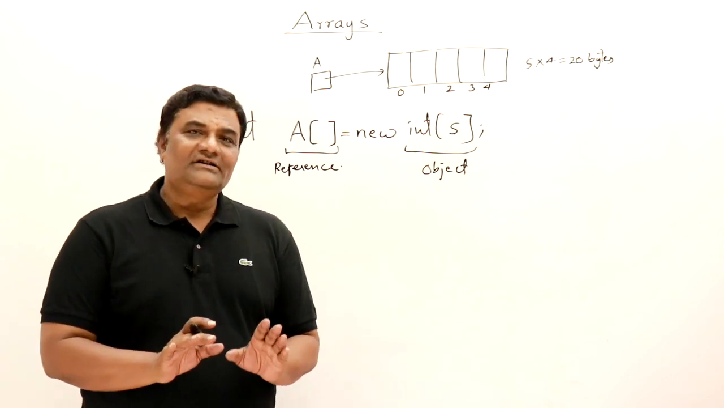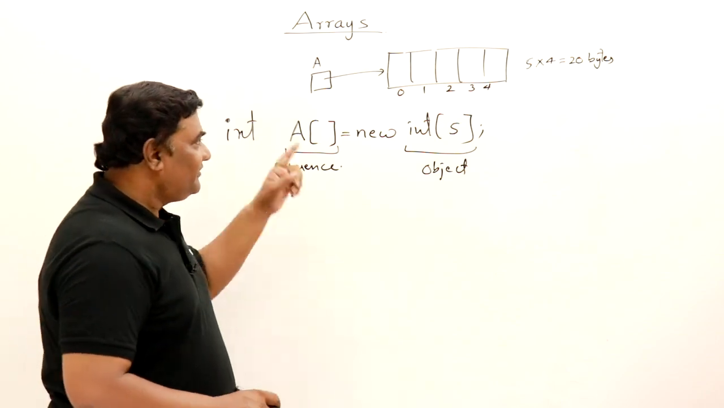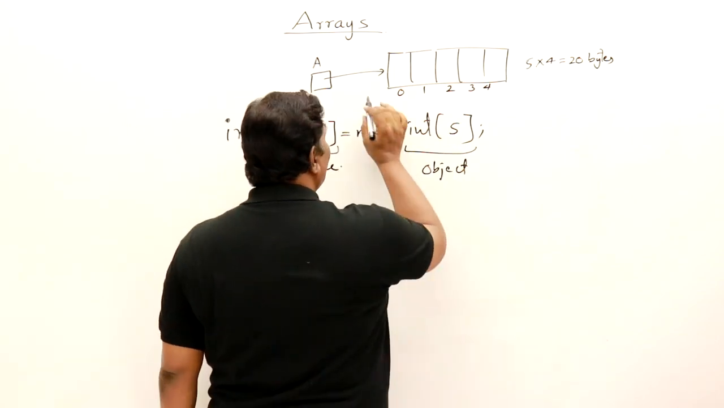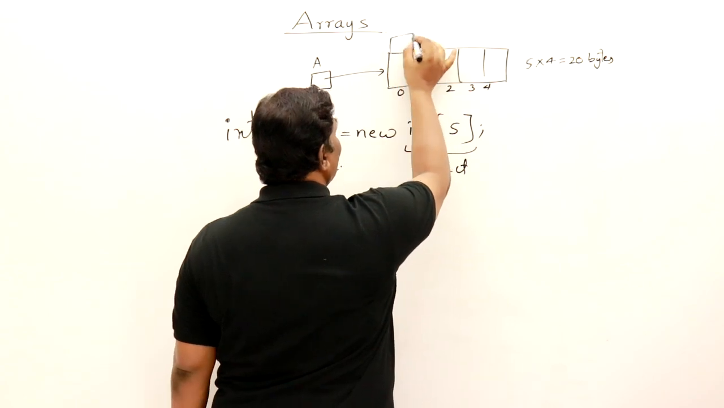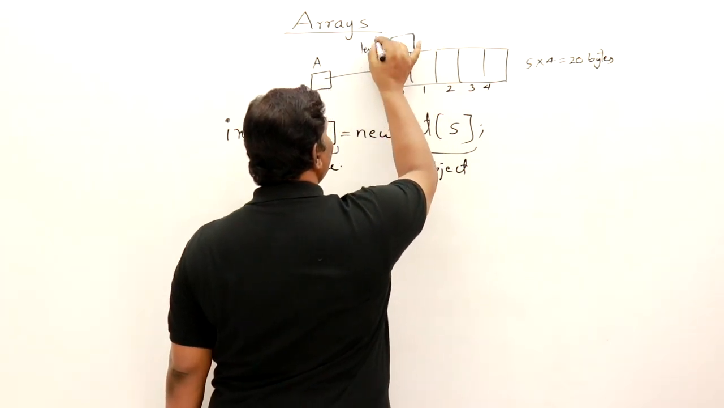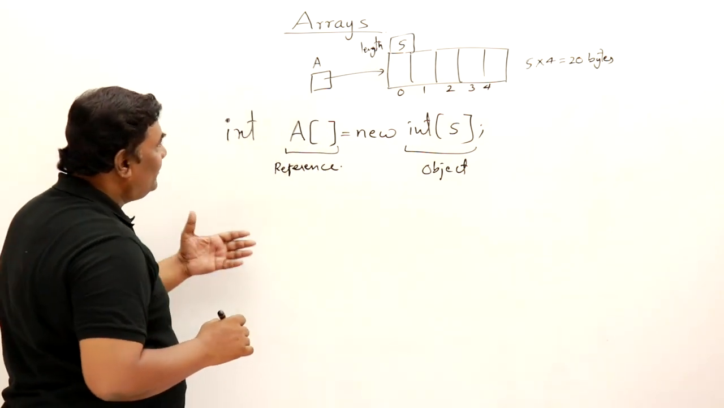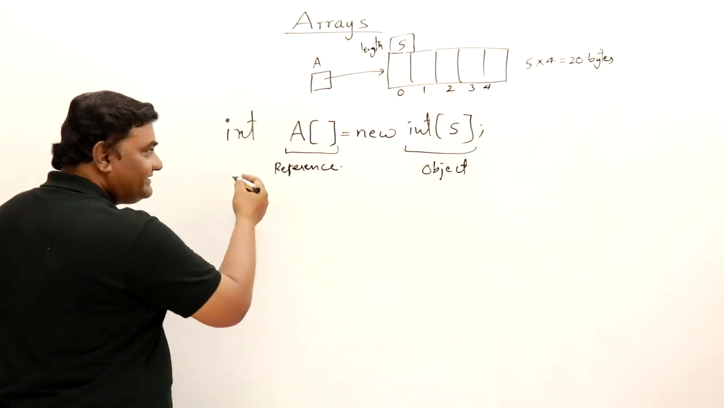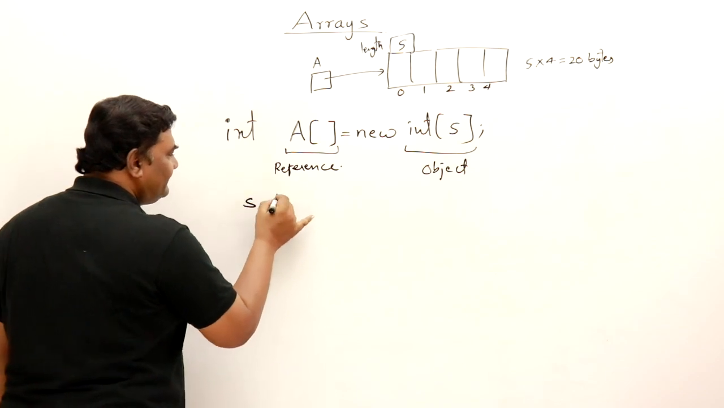Every array object in Java will have its length as a property. See, what is the length of this one? 5. So along with these 5 integers, it will also have one property called length, and that length is of integral type, that is integer type only, and it will have the value. Suppose you want to know the length of any array, and if you want to print that one, then you can say